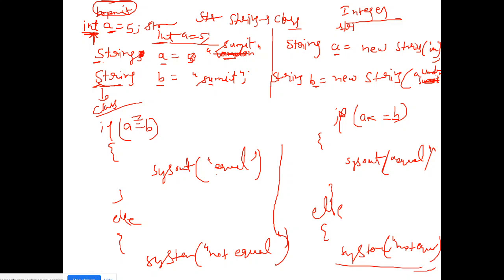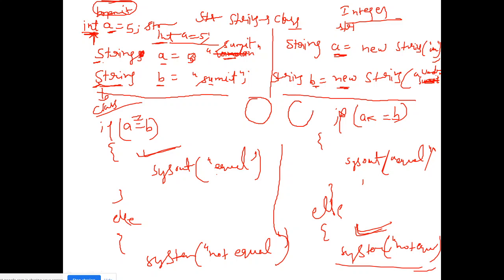But what is the difference between this type of declaration, which is the left one, string b is equal to Sumit, and string b is equal to new string Vandan? This will give an answer not equal, this will come on else part, this will be giving us equal. Why so? Just because there is a new keyword, right? New keyword, what it does, it will make an object for A, this one will make an object for B, right?